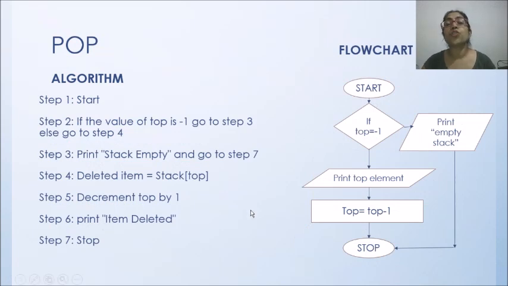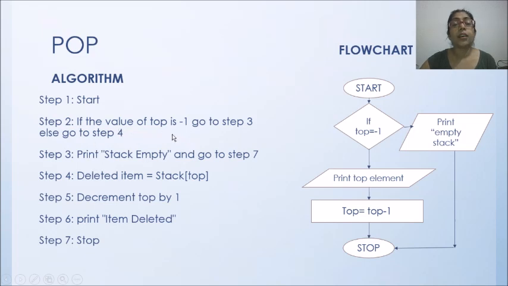The second operation was pop operation, and pop means you want to remove an element. That means you will display the element to be removed and you will decrement your top pointer by 1. At the time of pushing you have to increment the pointer. At the time you want to pop out, you have to decrement, because one element is removed from the stack. That means top is decremented by 1. So you can check out the algorithm I have listed here.